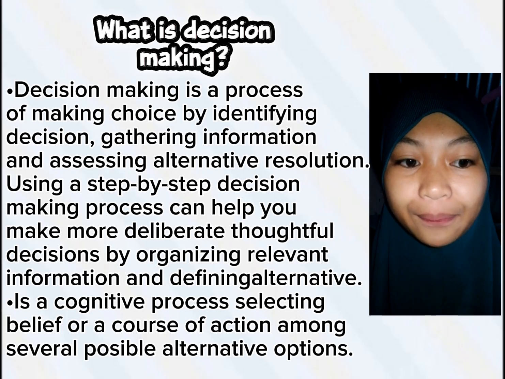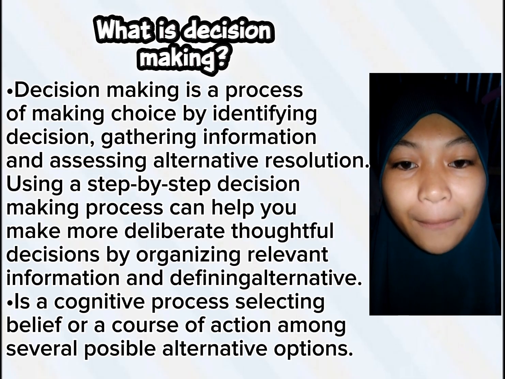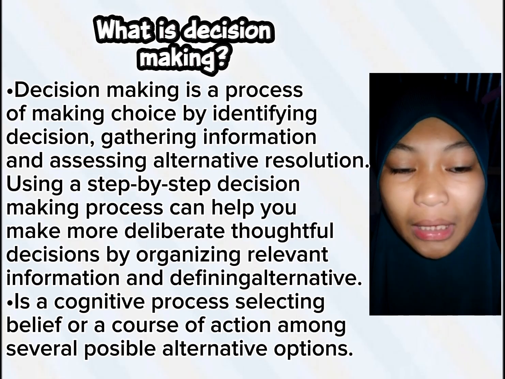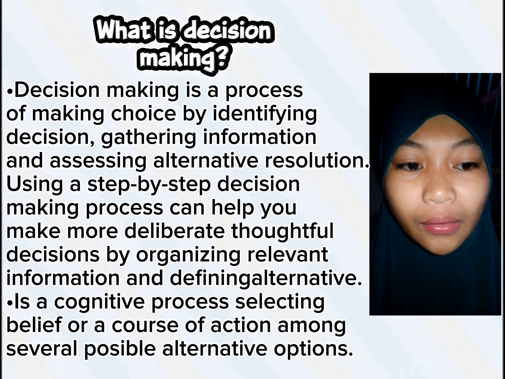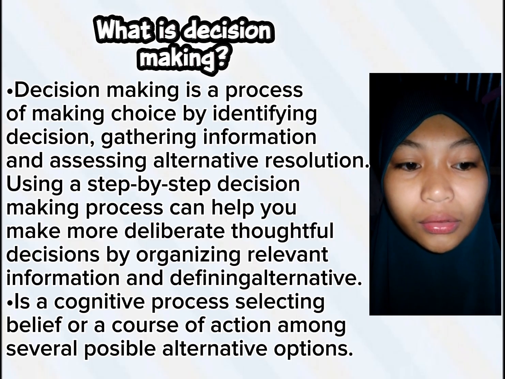So, what is decision making? Decision making is a process of making choice by identifying decision, gathering information, and assessing alternative resolution by using step-by-step decision process. Decision making process can help you to make more deliberate, thoughtful decision by organizing relevant information and defining alternatives. So, decision making is also a cognitive process, selecting beliefs or a course of action among several possible alternatives